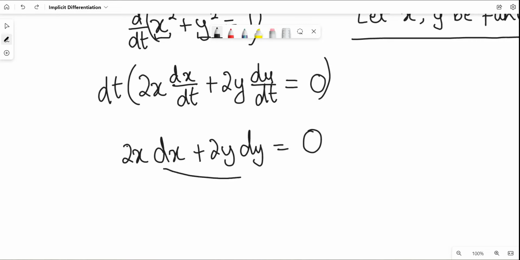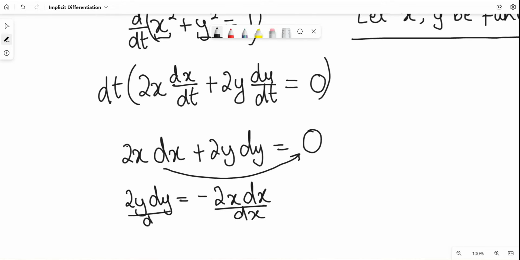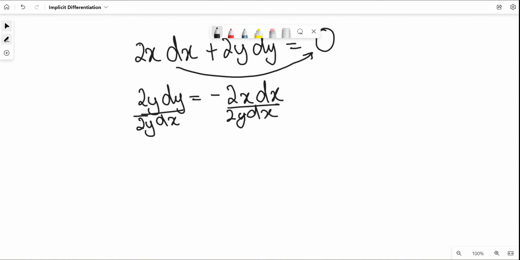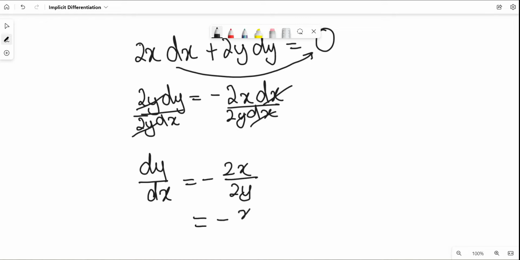So I'm going to move the 2x dx onto the other side, so we get 2y dy equals negative 2x dx. And let's divide both sides by dx, and let's also divide by 2y. So finally the 2y and 2y cancel, and we're left with dy by dx equals, the dx cancels, so we have negative 2x over 2y, and this simplifies to negative x over